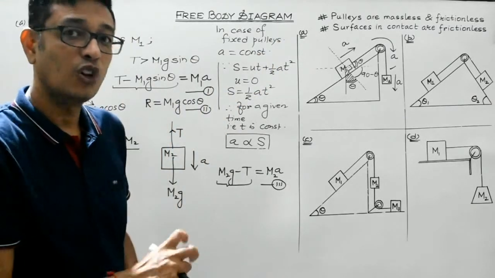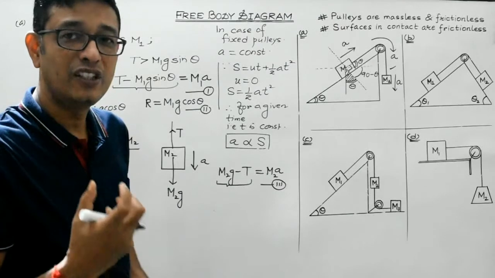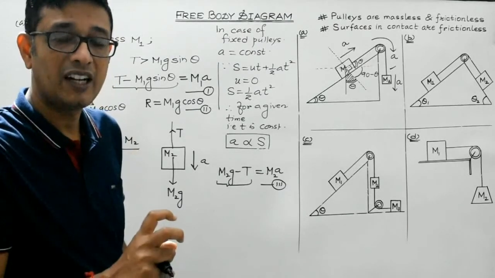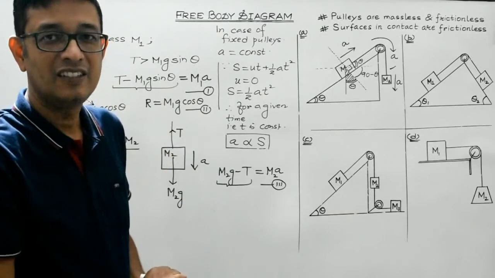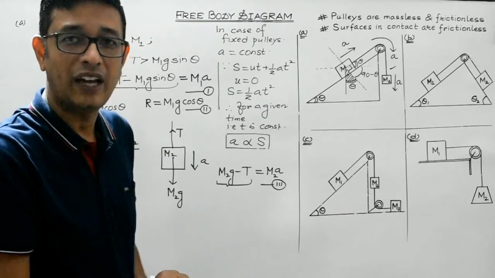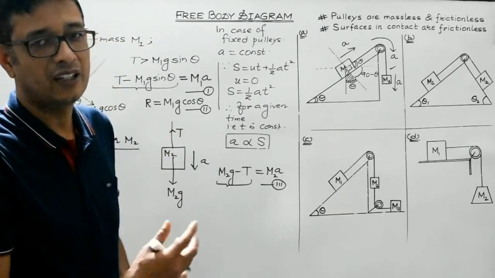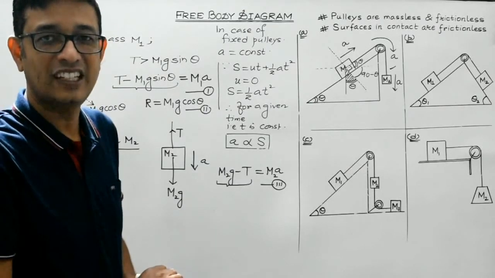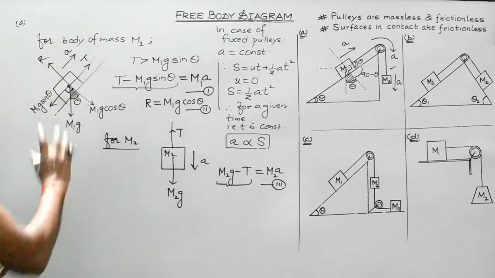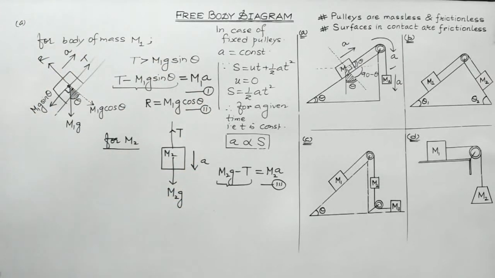So for solving such numericals, you need to draw the free body diagram, and accordingly you need to construct the equations perfectly. And thereafter simply substitute the values given in the numerical, and you will be easily able to solve the equations and get the appropriate answer. Right? So this is how the equations need to be constructed. Okay, let's proceed with question number 2 then.